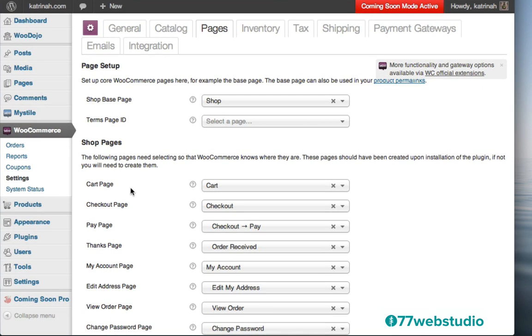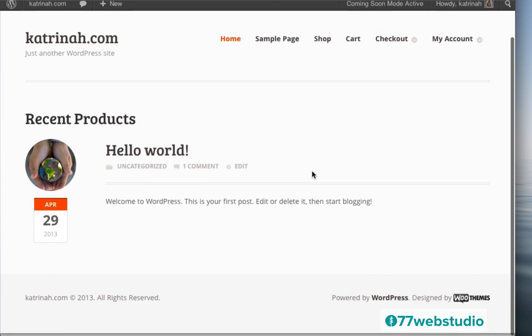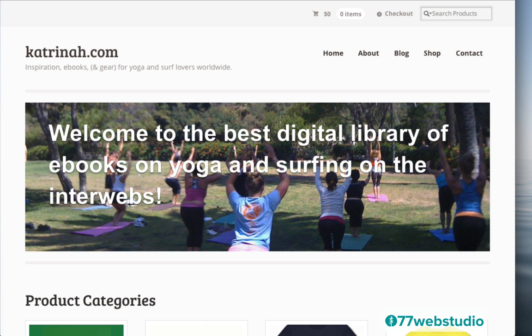So now let's take a look at what the website looks like. I'm going to go up to the top, hover over the website name, and click on Visit Site. So here we are on the home page of our new e-commerce website, and we can see that this is pretty bare bones. We're just getting started. We just installed it, so this is most likely what you are seeing, but what we're headed toward looks something like this. So this is the demo site that I've already created, so this is where we're headed right here.